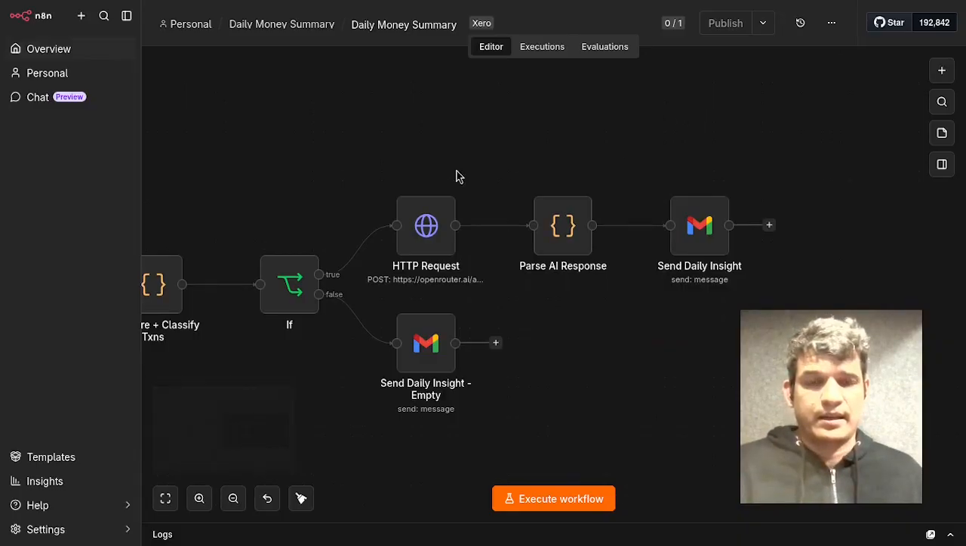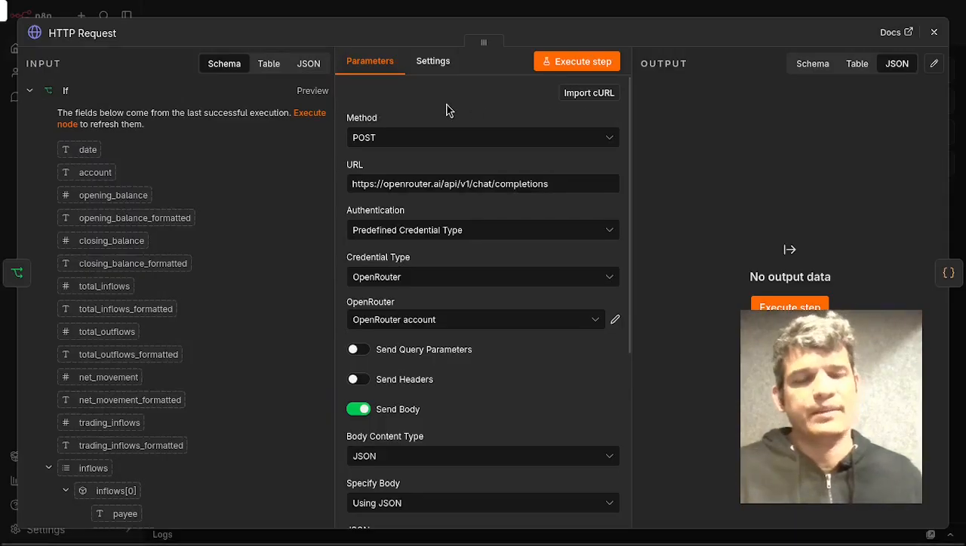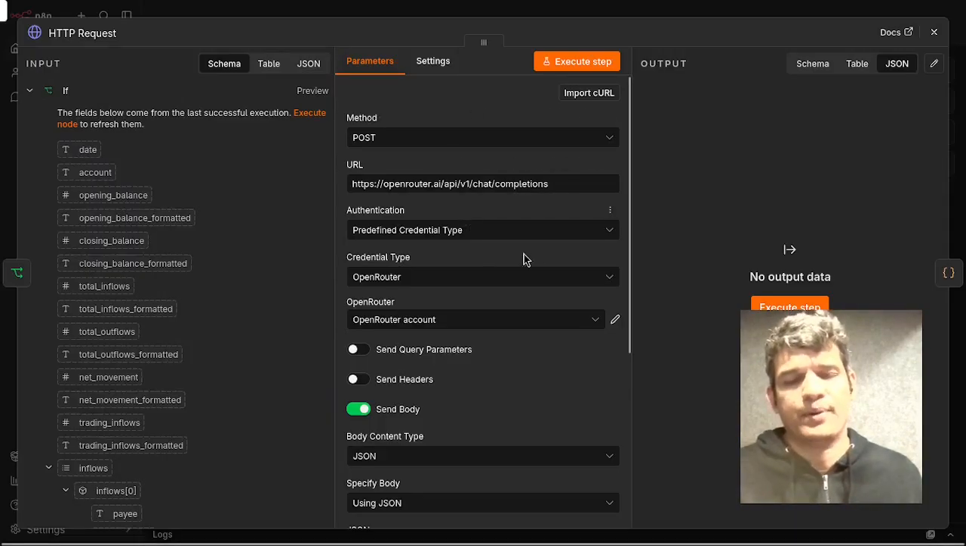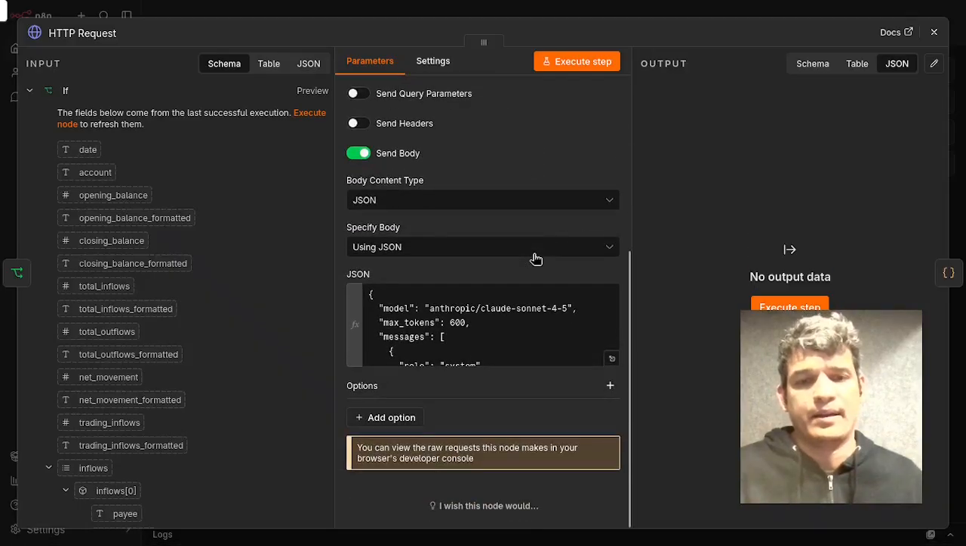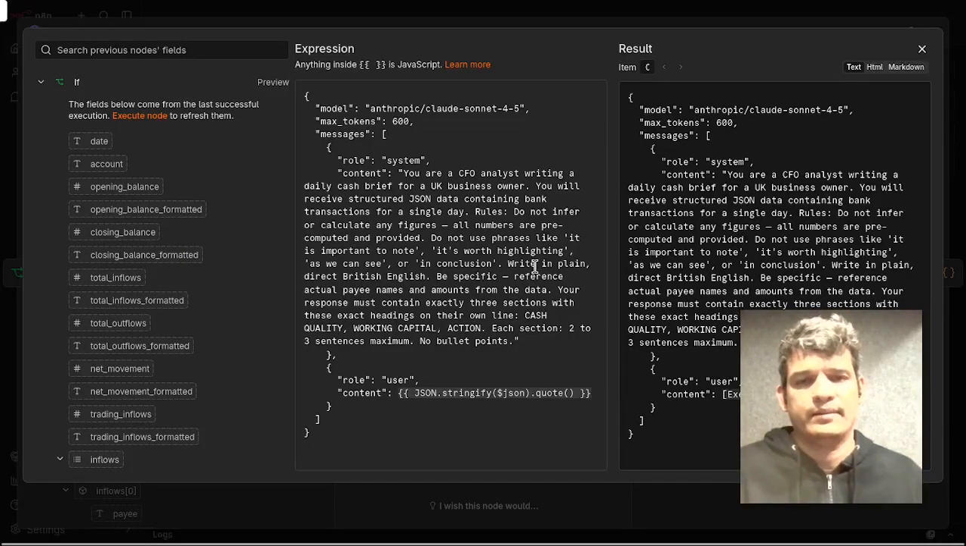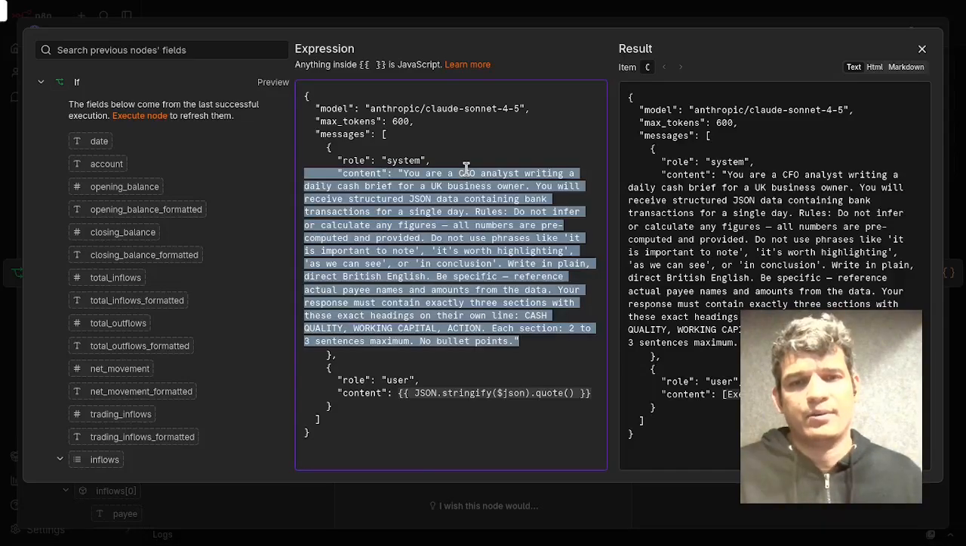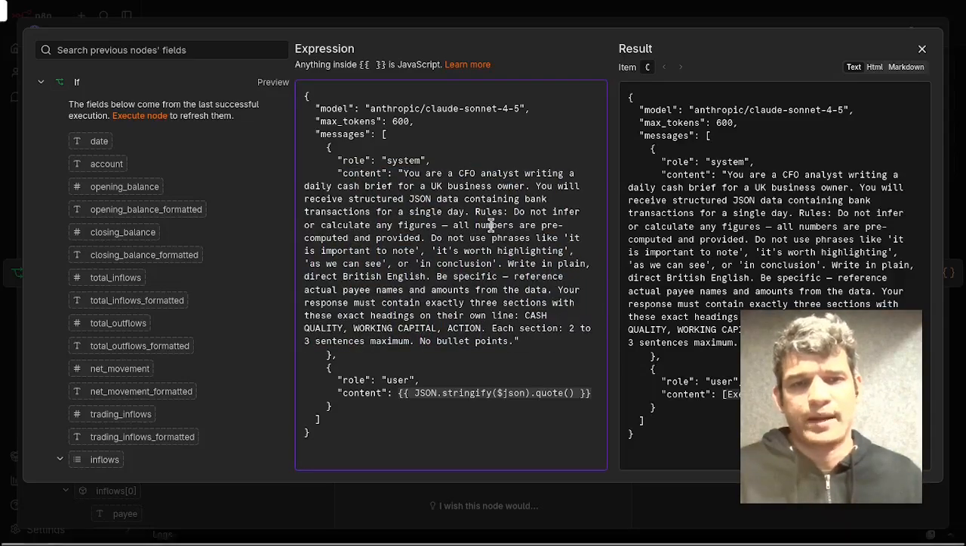And then here is the actual request to the AI. In this case, I'm using OpenRouter to query the AI, and I'm using Claude as the actual model to perform the analysis. And here you can see some of the prompt. You're telling it, assume the role of a CFO analyst,